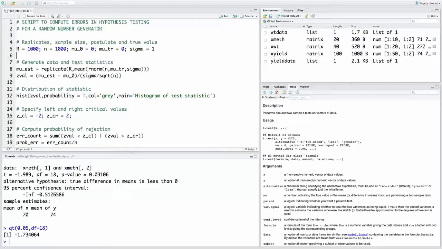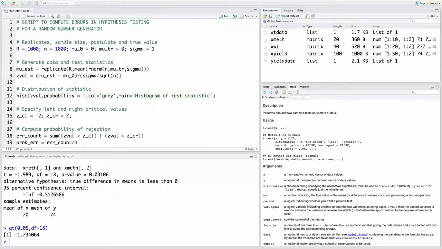Now, we generate the data and the statistics, and remember we are going to repeat this R, that is 1000 times, and therefore, we put this data generation followed by mean calculation through the replicate. As I have said earlier, you could do this using a for loop, but this is a lot more efficient, and the command syntax is fairly obvious.